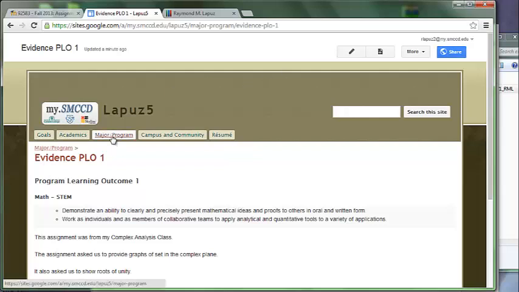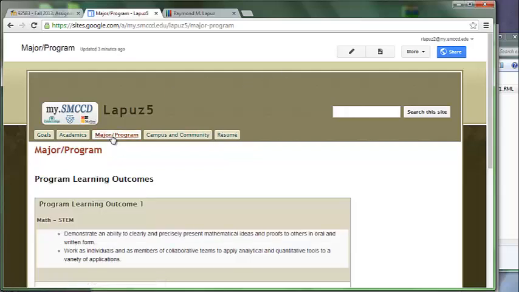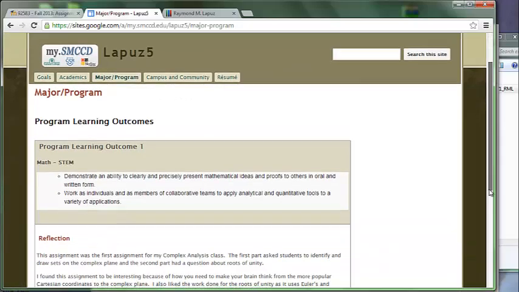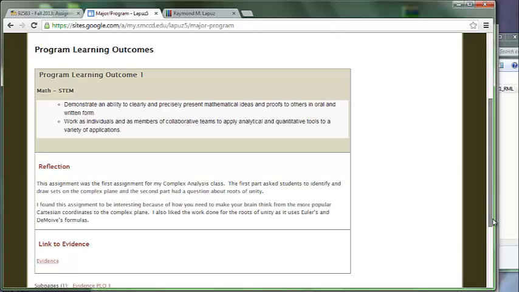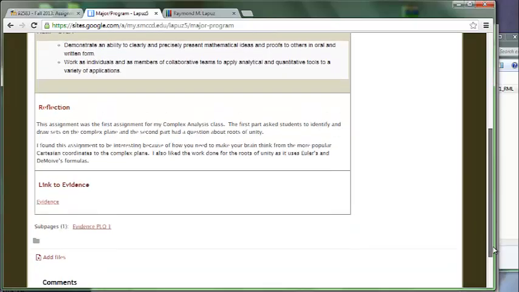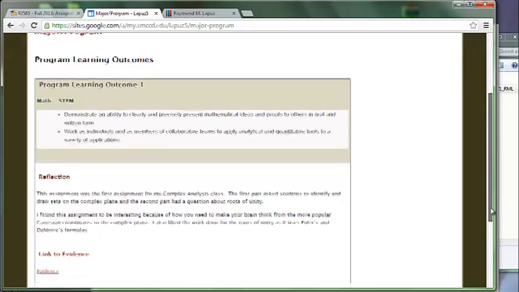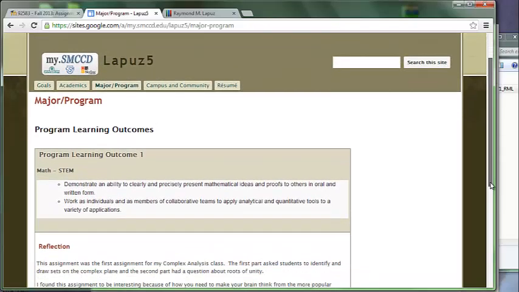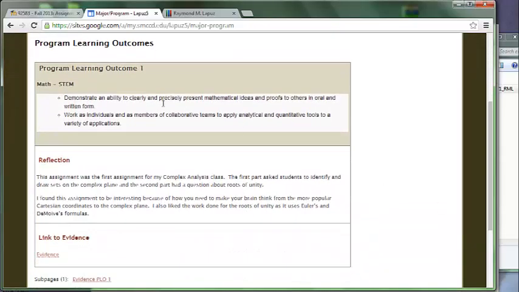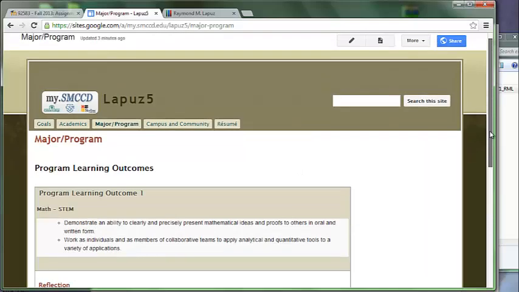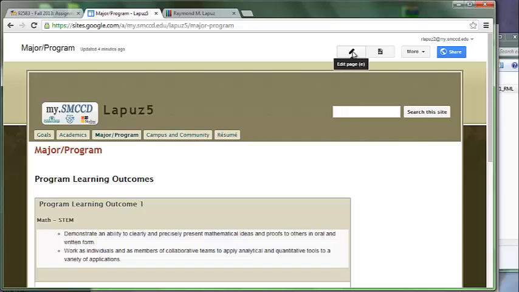Alright, so let's go back to majors and program. Now if you're in both classes, both linear algebra and differential equations, you're going to have a second one that you're going to need to include. So what I'm going to ask you to do is just basically copy and paste this whole thing, and to do that let's go back to edit. So the pencil icon again,